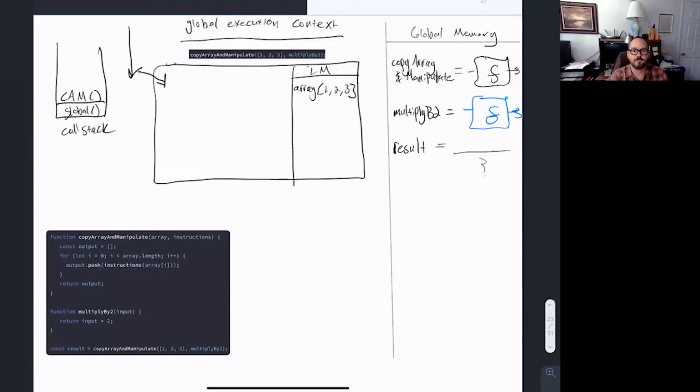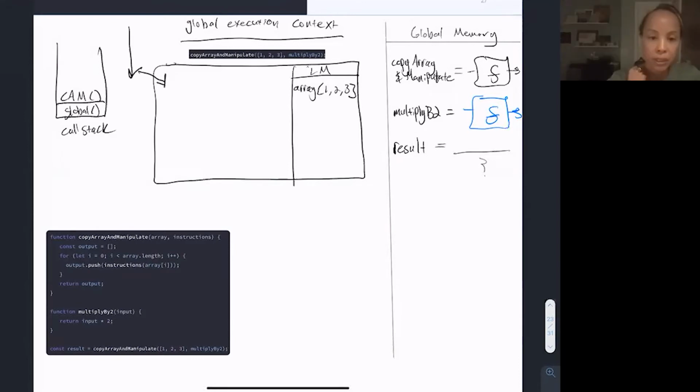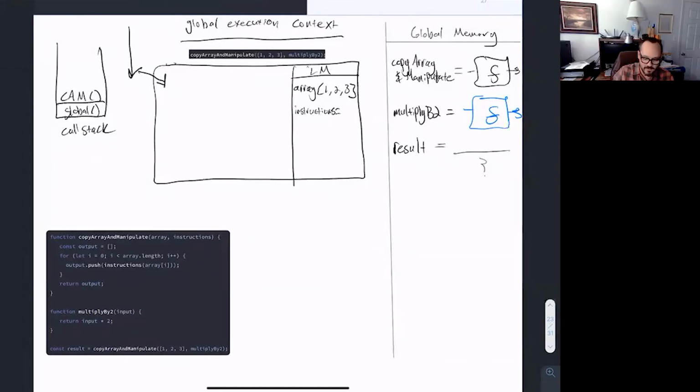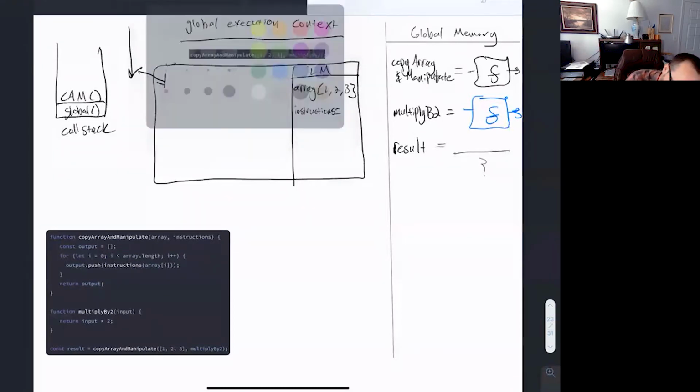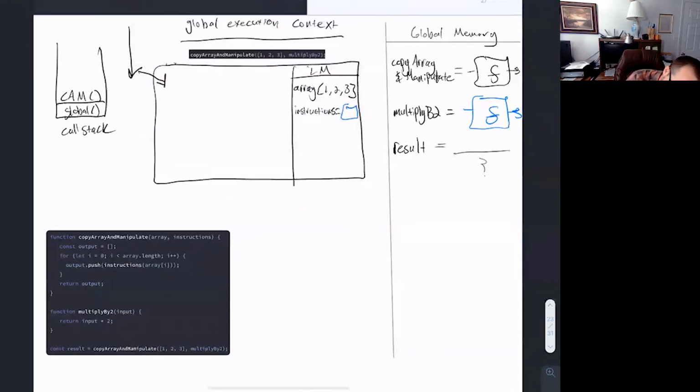And then our instructions will be assigned the value of our function multiplied by 2. Exactly. So here, I'm not actually bringing the label multiply by 2 over, right? All I'm bringing over is what it is, this whole functionality. And this is why I drew it in blue over there, because now over here,